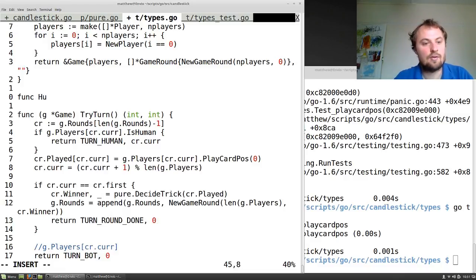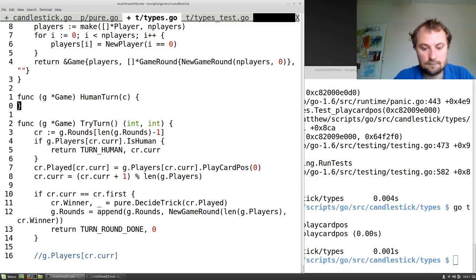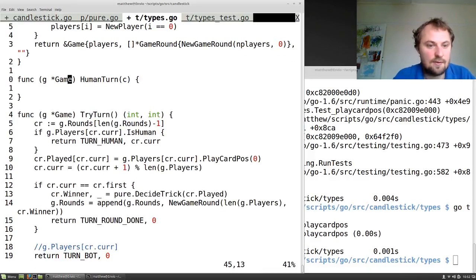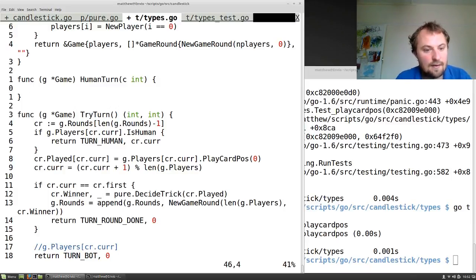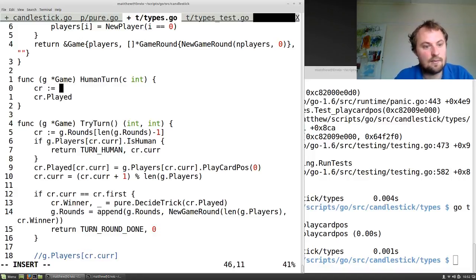Func, and this will also be a game thing. g star game. And this is human turn. It takes an int, c. Should be able to work on the assumption that this does leave us with a human turn. Here's the card is chosen. Many things that happen here are similar, but they're not quite the same, are they? cr dot played. Oh, we haven't got cr yet. We need a cr. cr colon equals g dot rounds